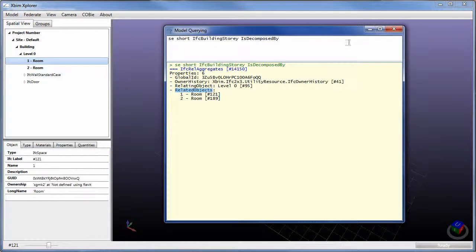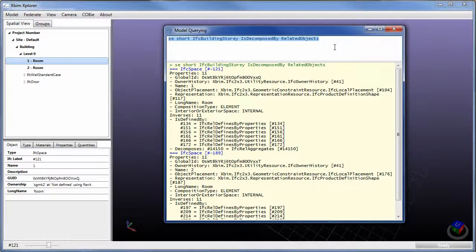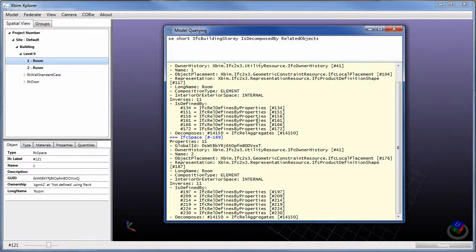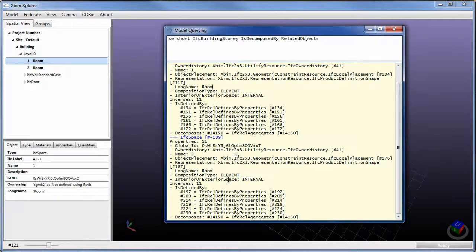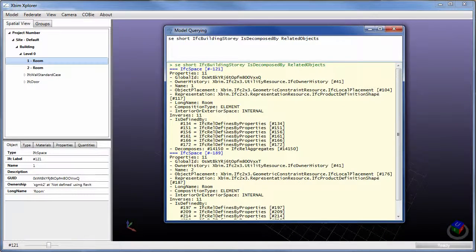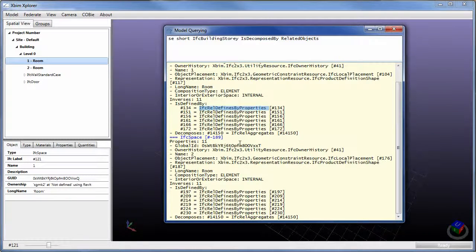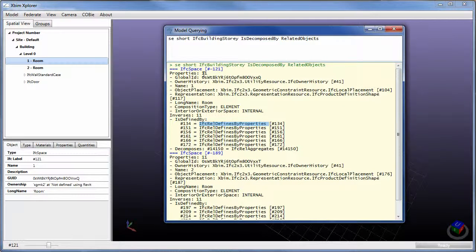So if I ask this query mechanism, it's going to list to me both of these, and here they are. So room 1 and room 2. Both of them end up having definitions and so properties that are associated with that. So this query interface allows us to navigate the structure of IFC files, searching for any information that we are